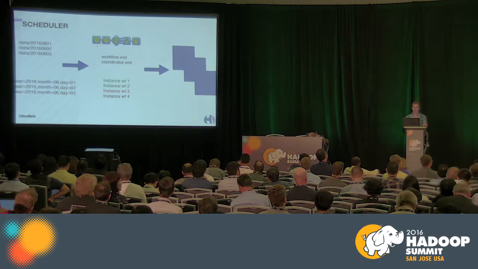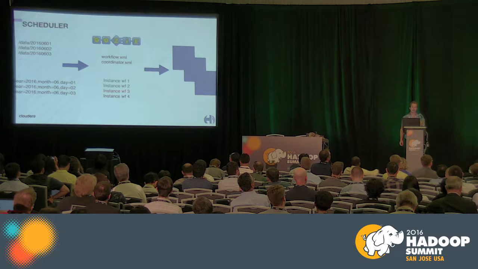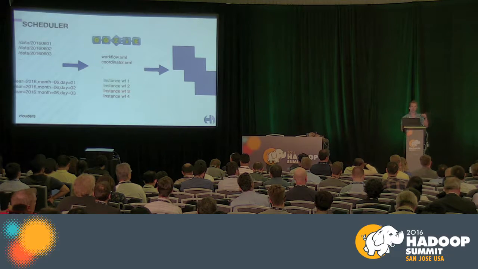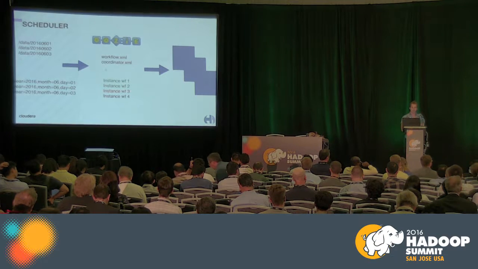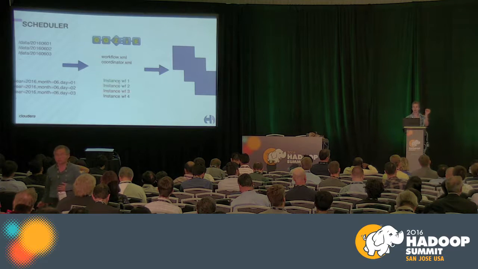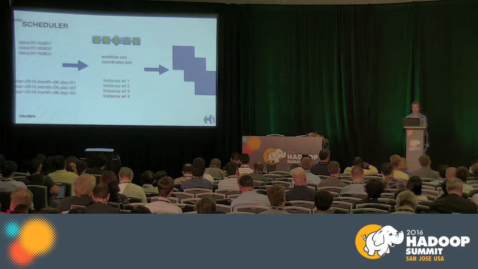In the last step, when you have your pipeline ready, you want to run it every day. Let's say I have some data coming in every day, or some new partitions showing up in a table. Hue, under the covers, is relying on Oozie to submit workflows and coordinators, except that the end user doesn't need to know about it. And then each of these pipeline instances will pick up the data when it's available and automatically run the job.